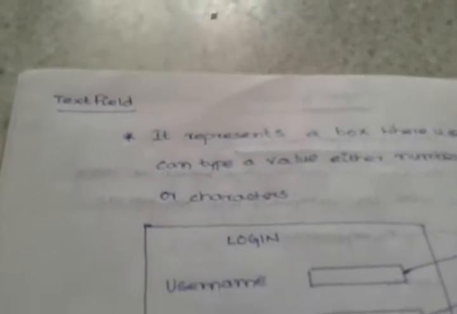Whereas one more component is called a text area. There is a predefined class for the text field. For the label, there is a predefined class known as Label. For the text field, there is a predefined class known as TextField. That is one continuous word. Don't give a gap between the text and the field. We have to write F right after the T. TextField, T is a capital letter and F is also a capital letter. So TextField represents a class in Java.